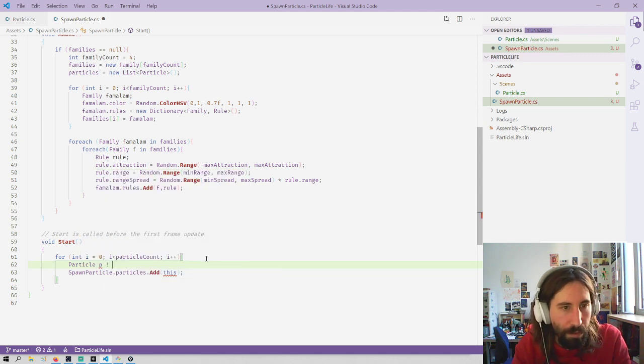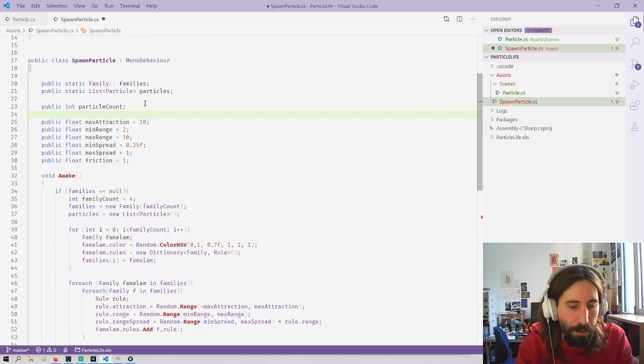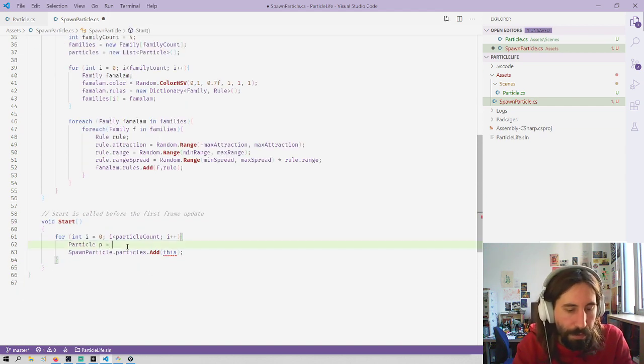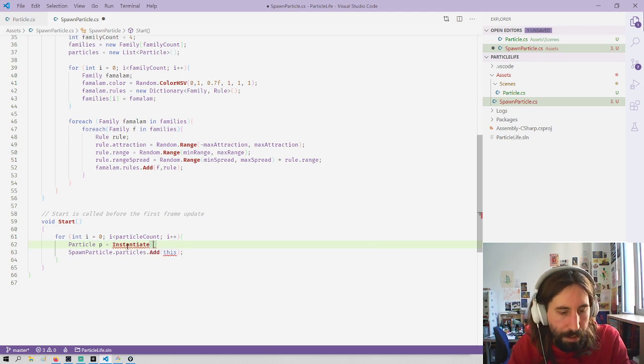Particle p equals... you know what, we're going to have a particle prefab as well. Public particle prefab equals Instantiate prefab